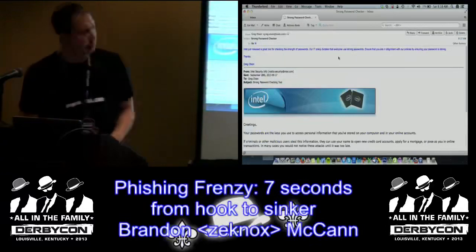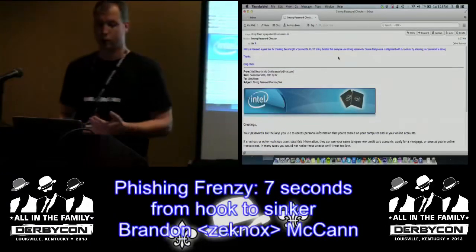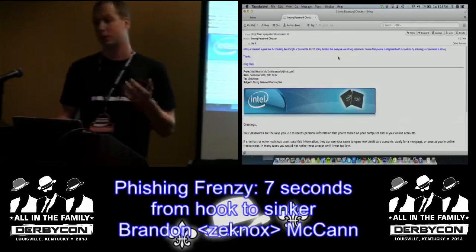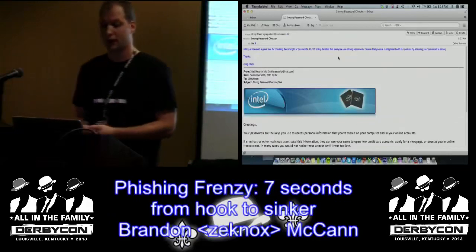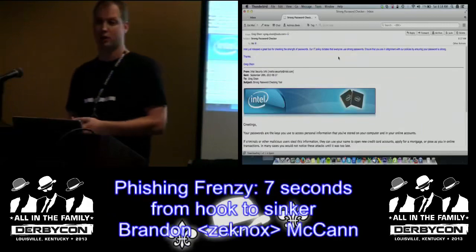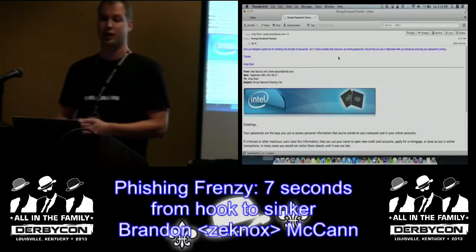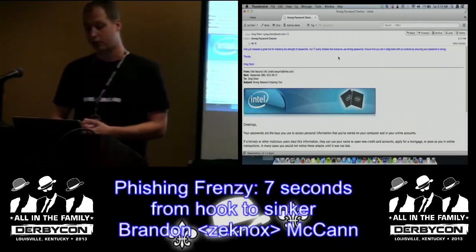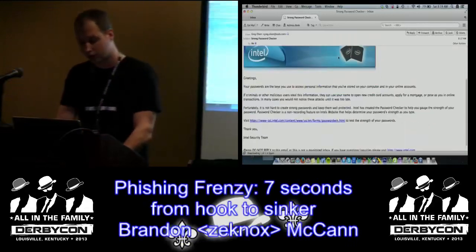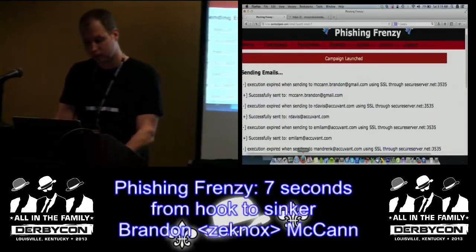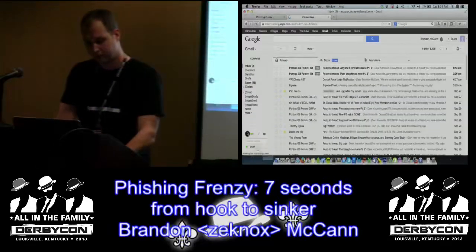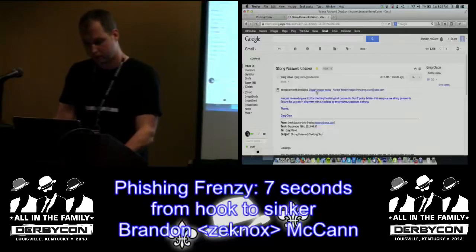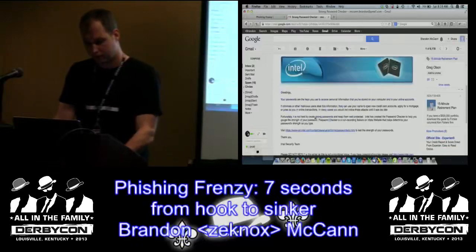Essentially, in this case, we're impersonating an internal IT person or maybe a compliance person, and it says, hey, our IT policy dictates that everyone have strong passwords. Ensure you're in compliance with our policy and check your password on this cool new Intel password checker site. And if the user clicks on the phishing link here,